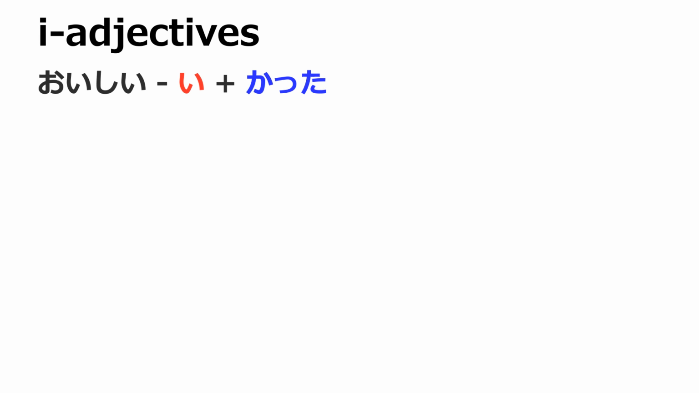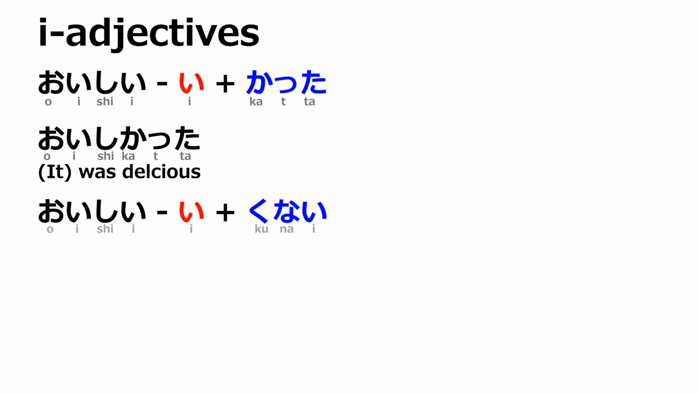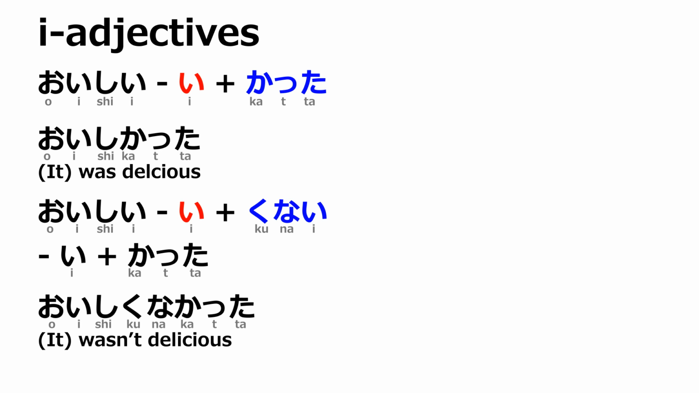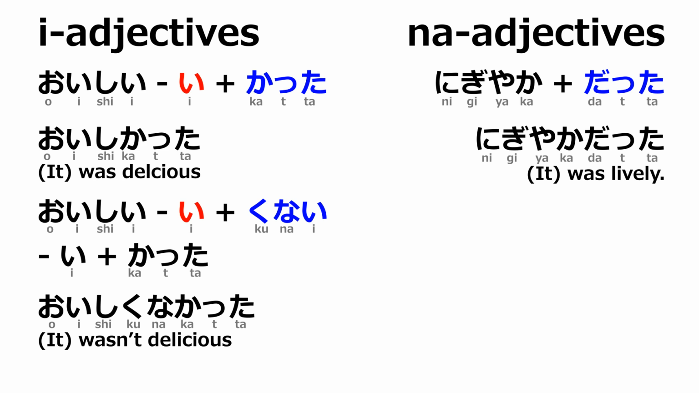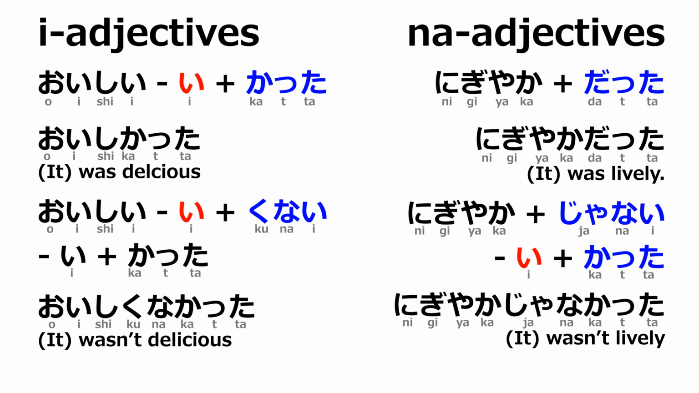Let's quickly review. For i-adjectives, you cut off the い and add かった。 to talk about the past. For the negative form, you need to first change it into the negative by cutting off the い and adding くない。 then cut off the い of that and add かった。 to make it about the past. For na-adjectives, you simply add だった。 to make it about the past. For the negative form, you add じゃない。 to make it negative, cut the い off the end and add かった。